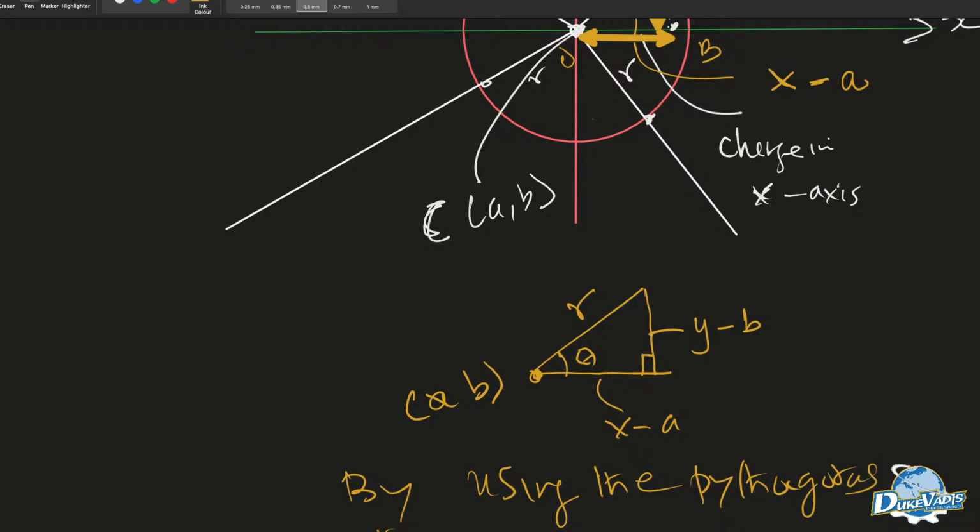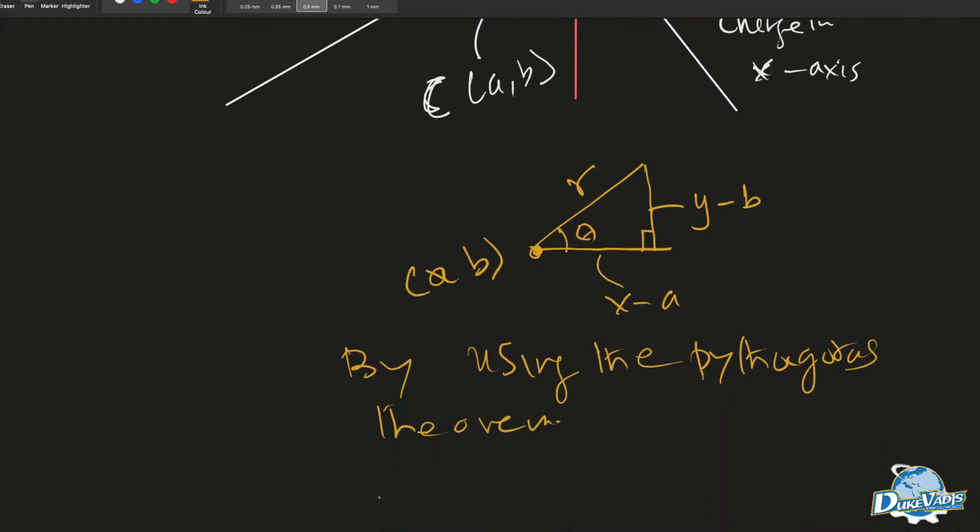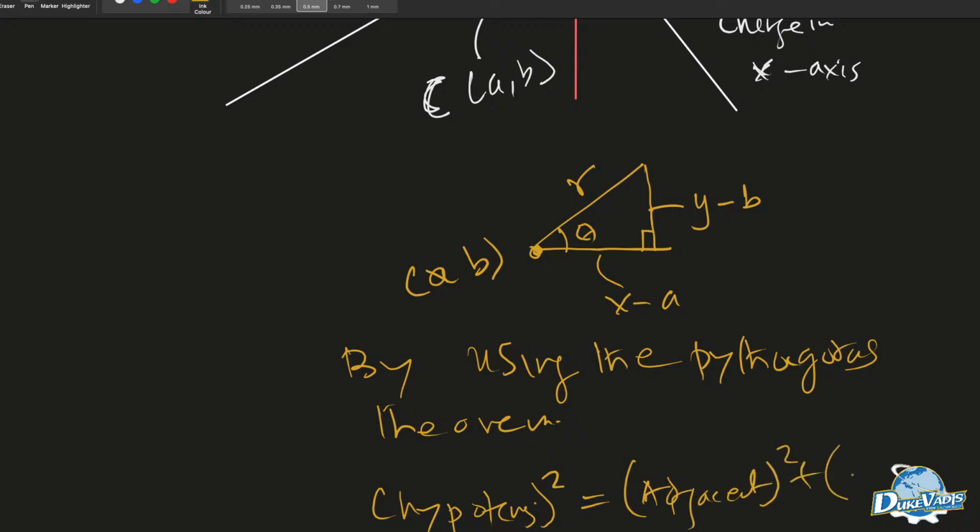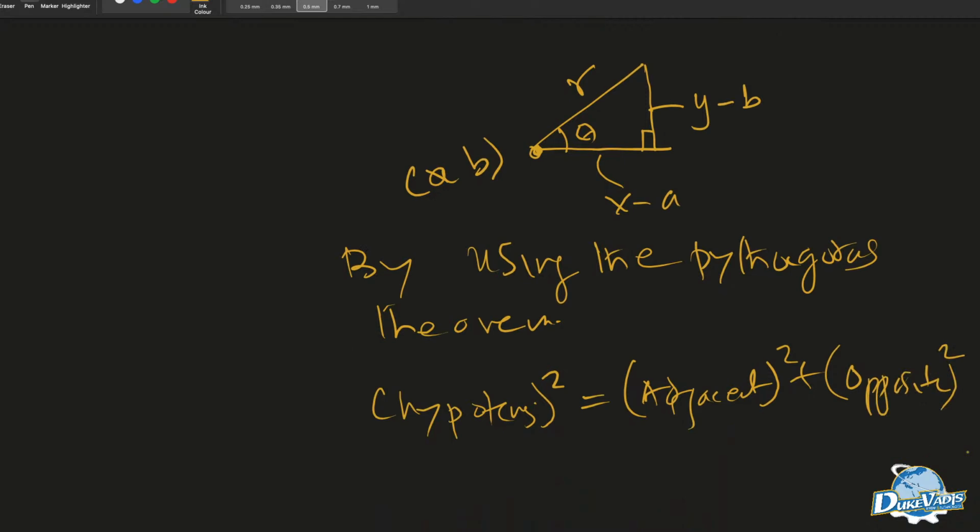theorem, we can say that the square of the hypotenuse is equal to the square of the adjacent plus the square of the opposite. Friends, this we know from elementary. So by substitution,